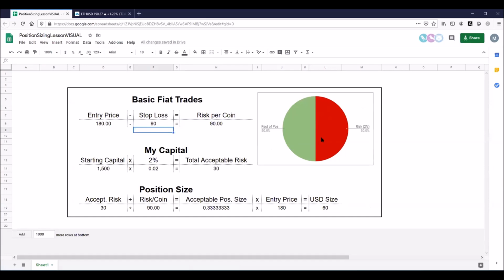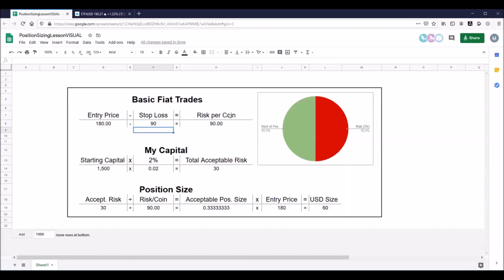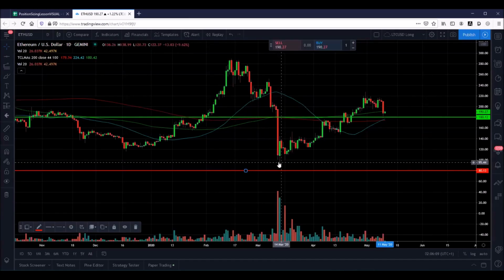The more you play around with these relationships, the better you internalize them, the easier they become to conceptualize, the more you can execute quickly when the market is moving because you have a fundamental understanding of what's going on mathematically with this 2% rule. If you are still trying to wrap your head around this and understand what these calculations mean and exactly how these relationships are playing out, when the market does one of these candles, you're going to be sitting here panicking